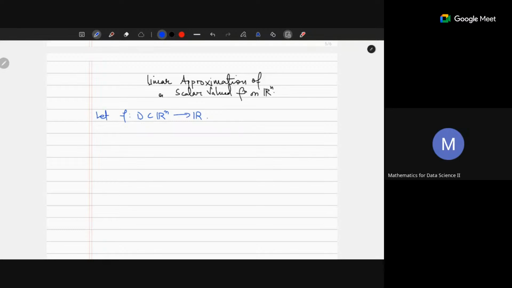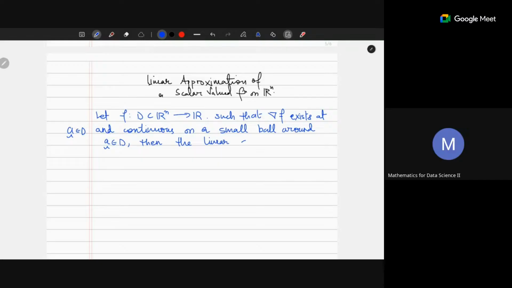Let f be a function in this domain such that the directional derivative of f exists at a tilde in D, and it is continuous as well, continuous on a small ball around a tilde in D, then